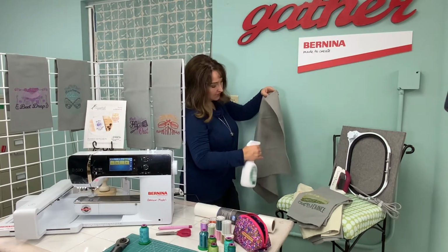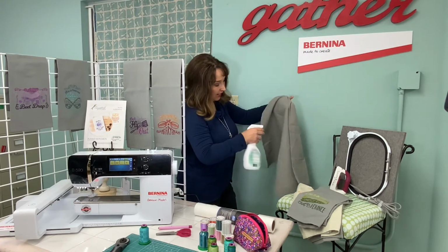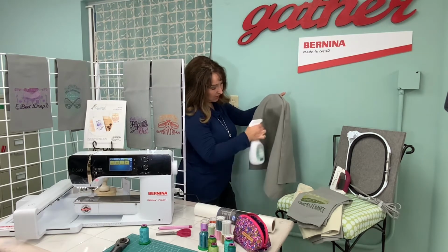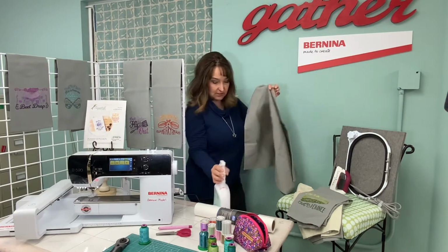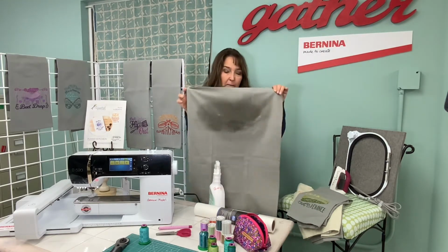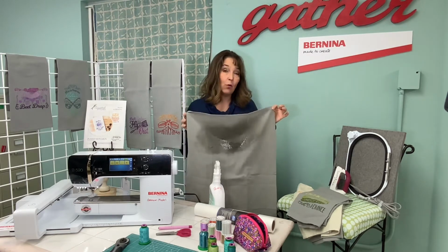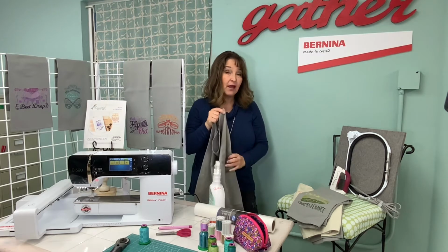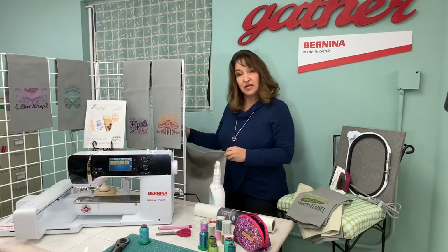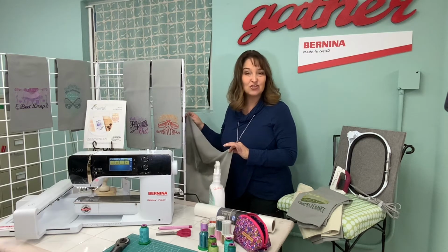when you apply the stabilizer, you're going to get it really, really wet and let it dry over time. I usually will dampen it quite a bit, as you can see. So it's really damp, and I'm just getting the spot where I'm going to be embroidering. I'm not doing the entire towel. After I get it wet, I lay it over the edge of my bathtub and let it dry overnight. You can also iron it to speed up the process, but I do find the results are better if you just let it dry. So I'm going to set this aside and let it dry, and then I'll pull out